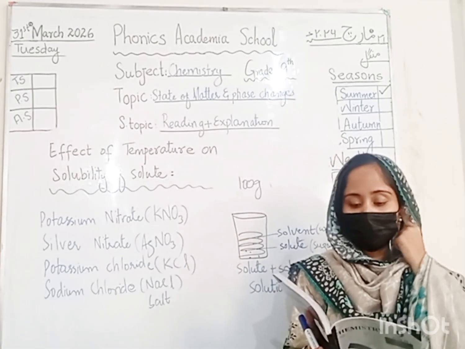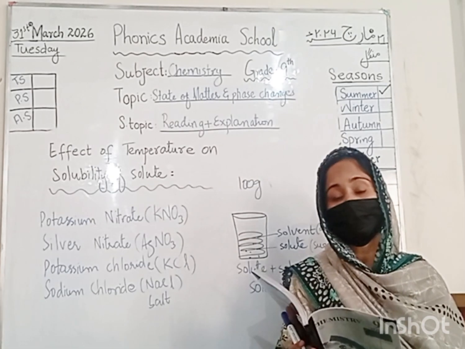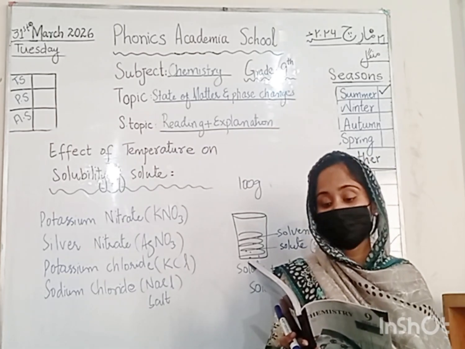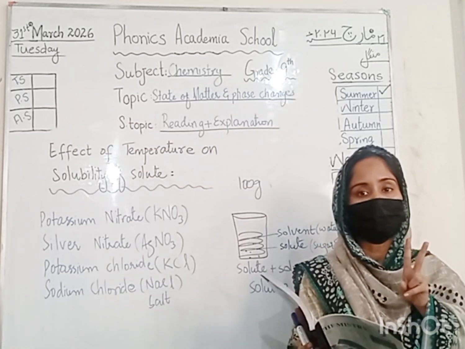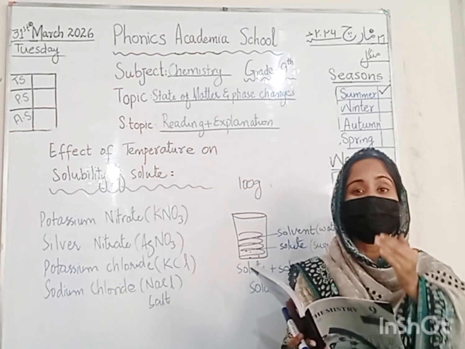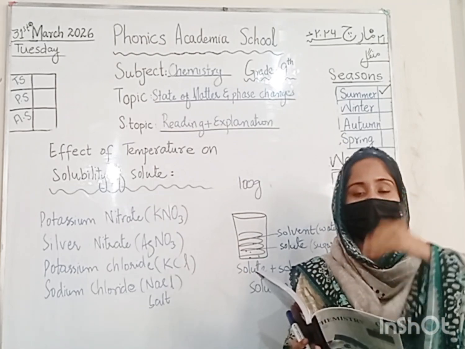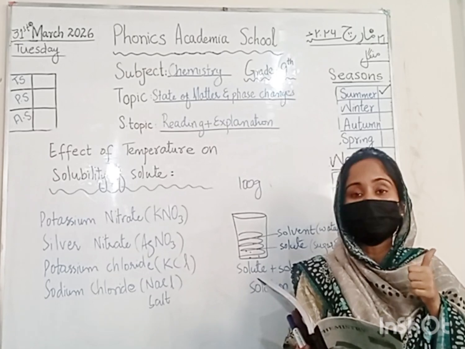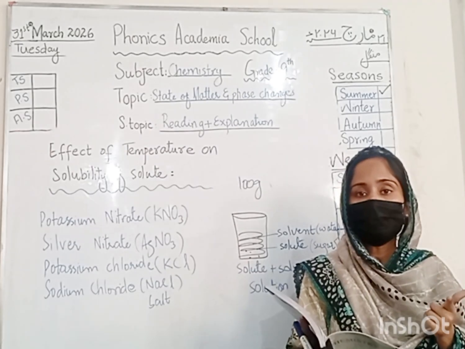The solubility of compounds like lithium carbonate Li2CO3 and calcium chromate decreases with the increase in temperature. Two compounds ऐसे हैं जिनकी solubility decrease होती है temperature increase होने पे. Temperature अगर increase होगा तो उनकी solubility decrease हो जाएगी. And the two compounds are lithium carbonate and calcium chromate.